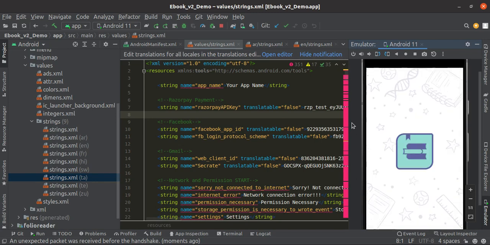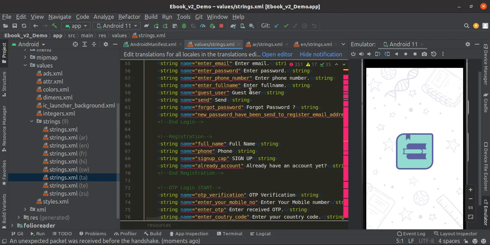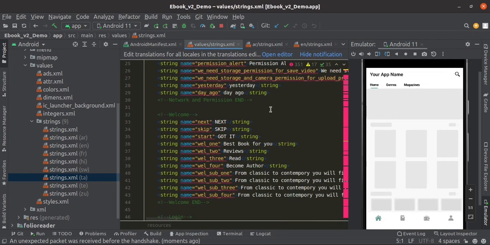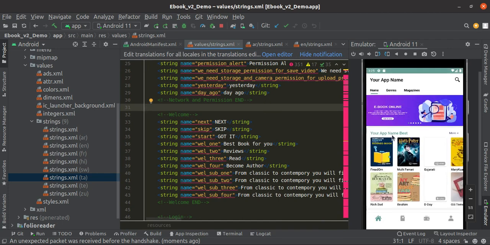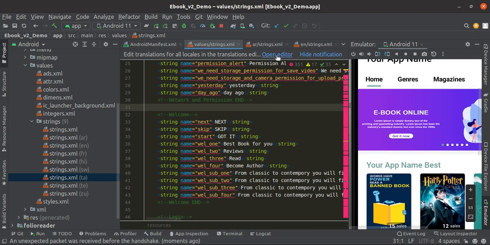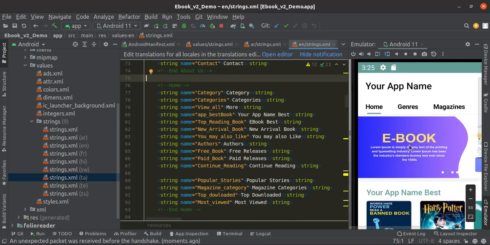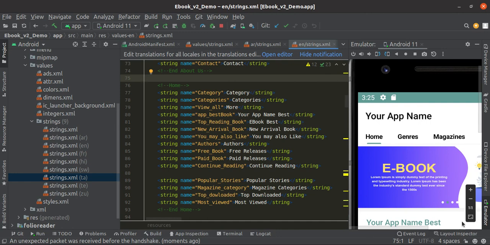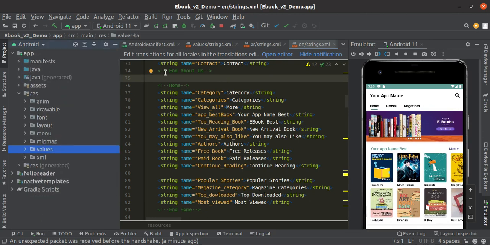Here you can see these changes, this app name based book changes. Here you can see your app name based. So just change it in every language, and you can see these changes in every language when your app runs in that language. So this is all about app name changes.